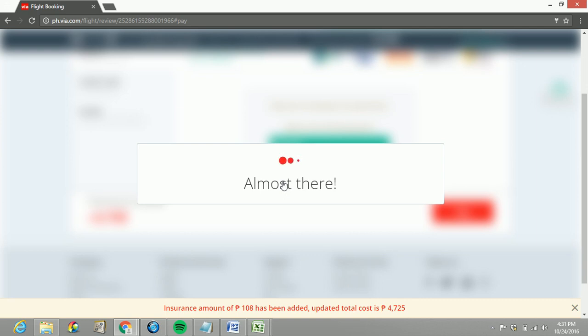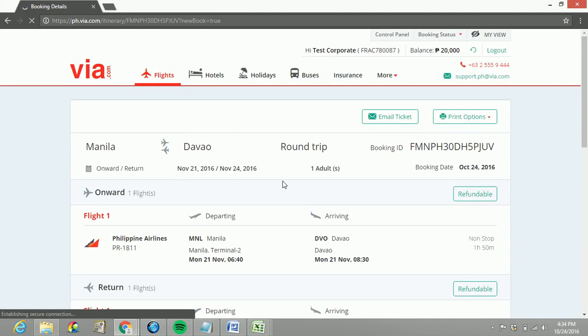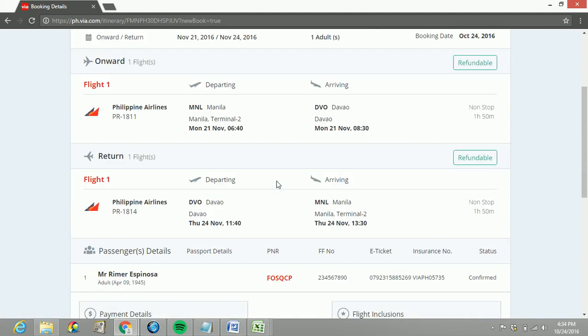Now, once we hit continue, the next page will provide you the customer's ticket that includes the ticket that the customer will need to bring with him or her at the airport. Now, the customer has the option to either print the ticket or email the ticket. Now, also, the customer will have the option to either print the ticket with a price or print the ticket without a price. Alright, we have successfully created a ticket, so we can either email the ticket or print the